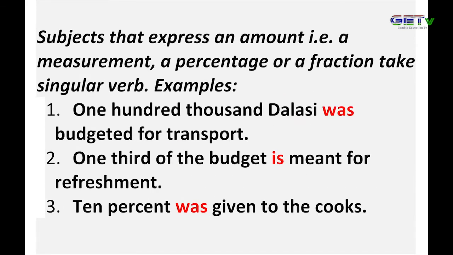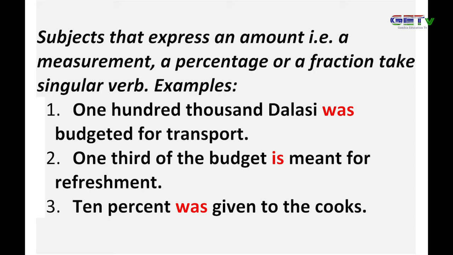Rule number 8. Subjects that express an amount, that is measurement, a percentage, or a fraction, take a singular verb. Example, $100,000 was budgeted for transport. We all know 100,000 is more than one, because in 100,000 you have a lot of thousands. But with all that, it takes a singular verb. You said $100,000 was budgeted for